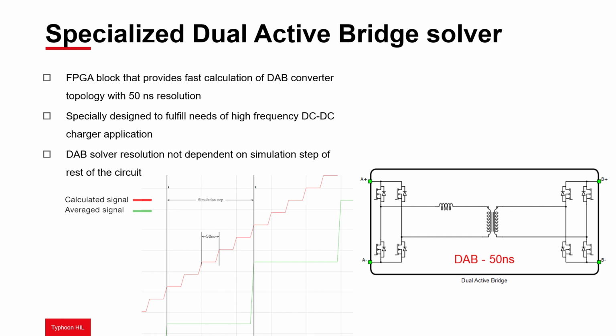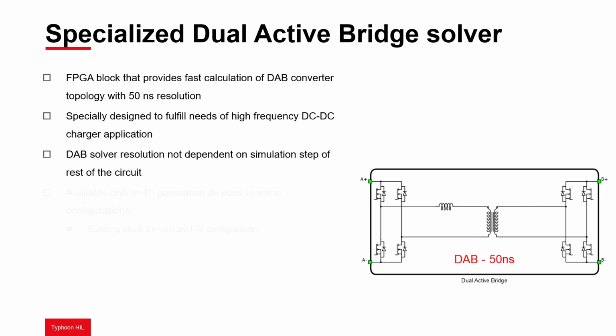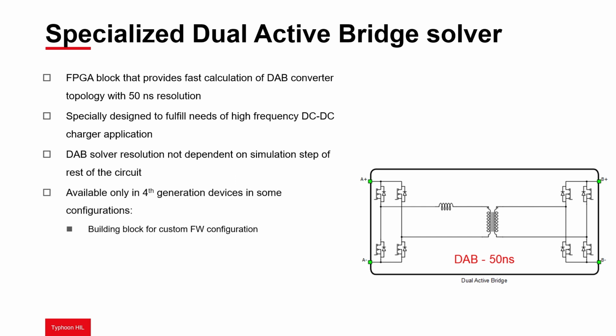The dedicated dual-active bridge solver utilizes the switch-level GDS oversampling method with a 3.5 nanoseconds digital input sampling period. This solver is available only for HIL 404 and HIL 606 devices with a specially provided firmware configuration. Calculating the dual-active bridge state every 50 nanoseconds along with switch-level GDS oversampling provides high fidelity and accurate results, which is especially important for converters with higher dead time values.